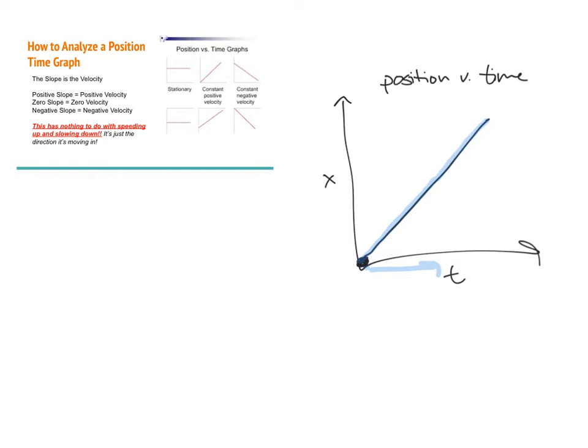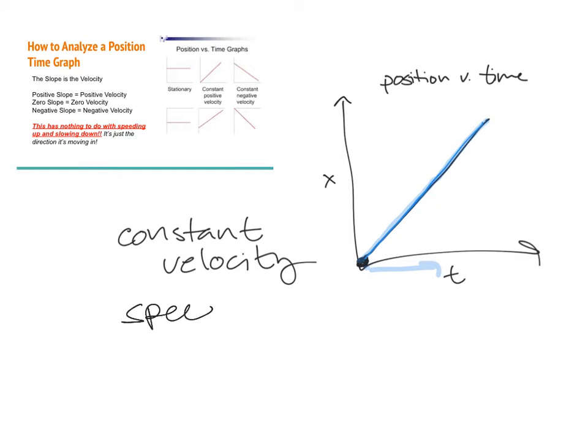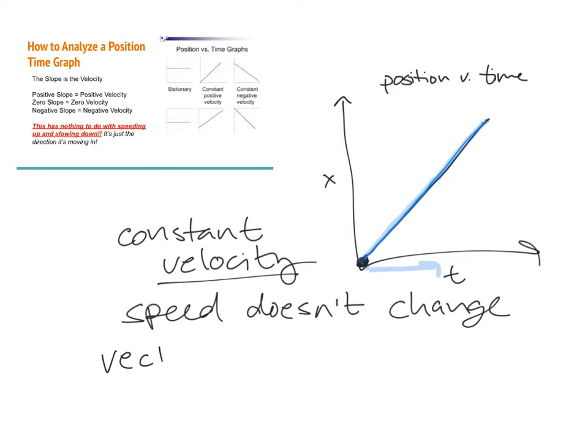And when the line is straight like this, it doesn't curve. Whenever it's straight, that's called a constant velocity. Constant velocity means that their speed doesn't change. But one thing that is important about velocity is direction. It's what we call a vector. And a vector is a number